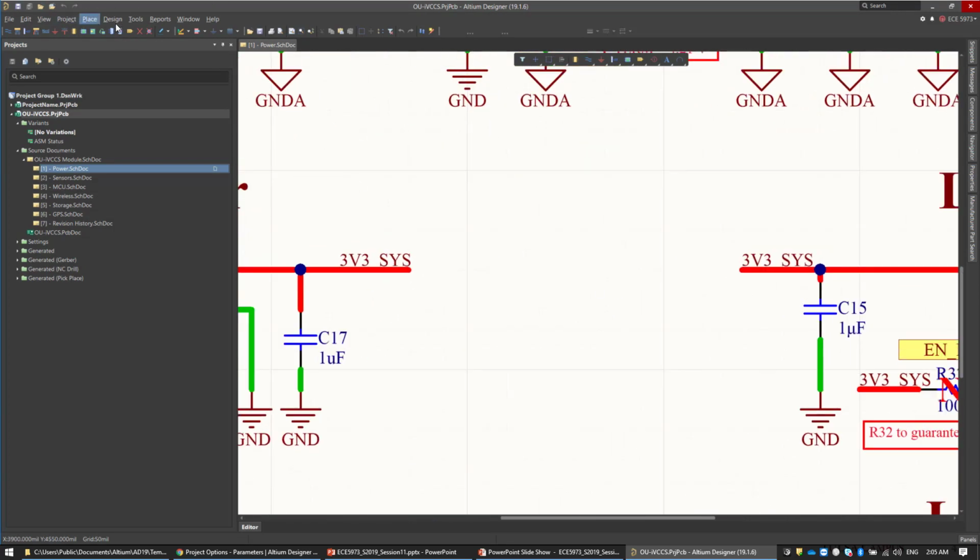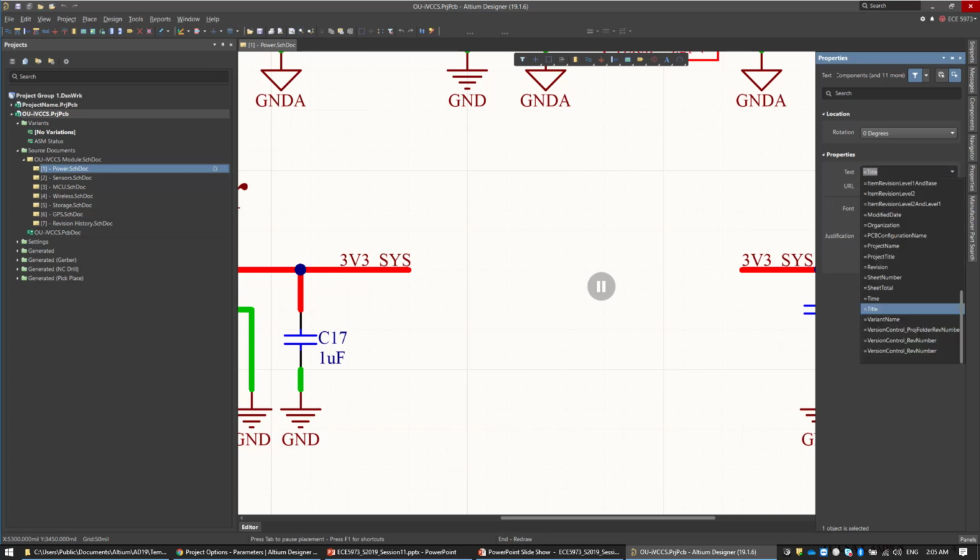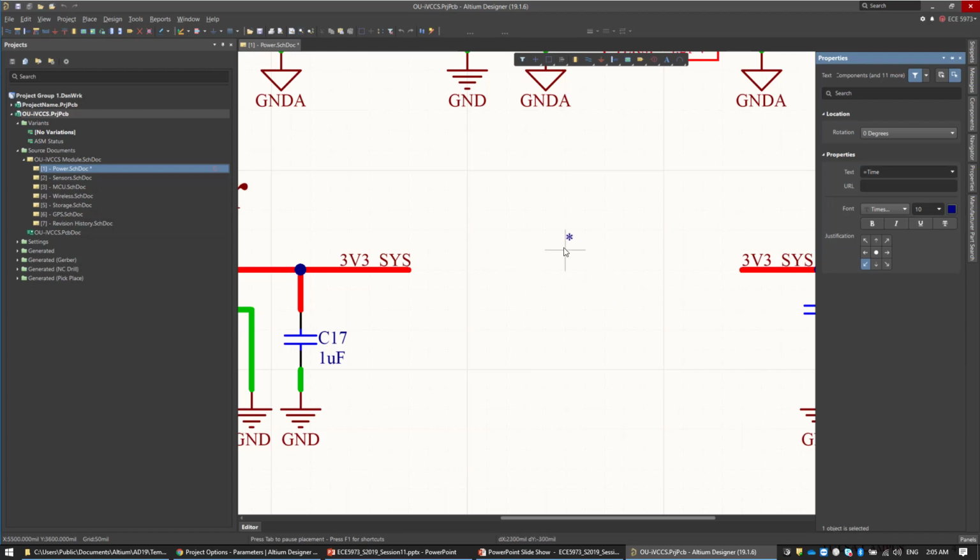Now if you go to place and select text string in here, now if you click tab on the keyboard, you will see here properties text. If you open this menu, you will see all the special strings for the schematic editor. And these strings are defined in the properties of this schematic document, as we will see. So if you click on time, for instance, place it,